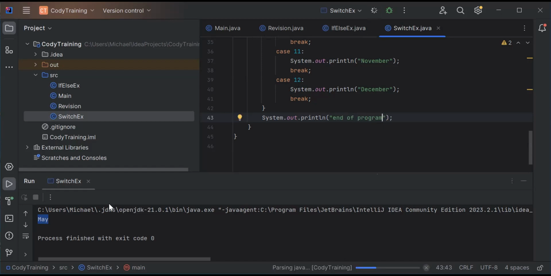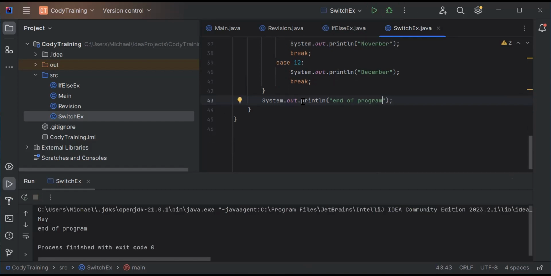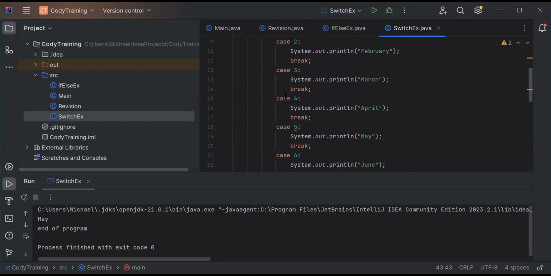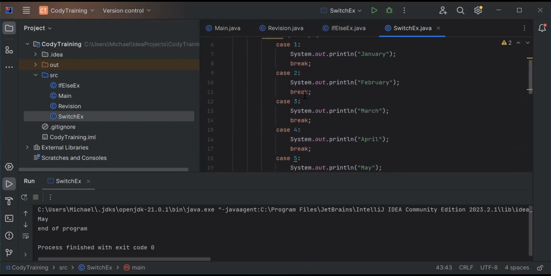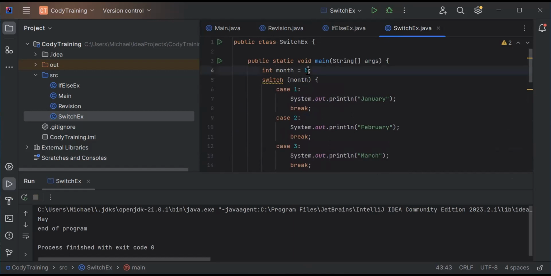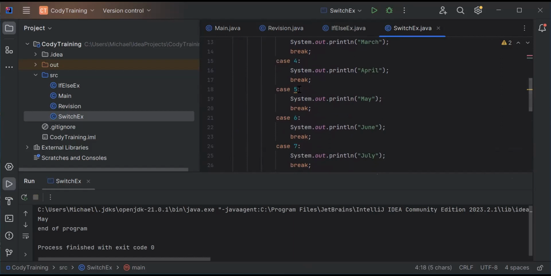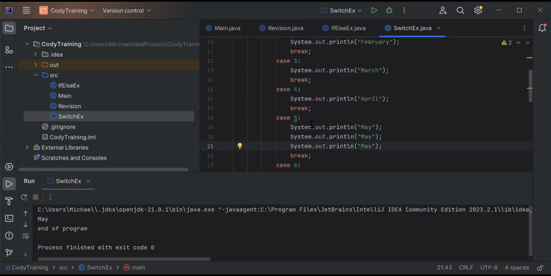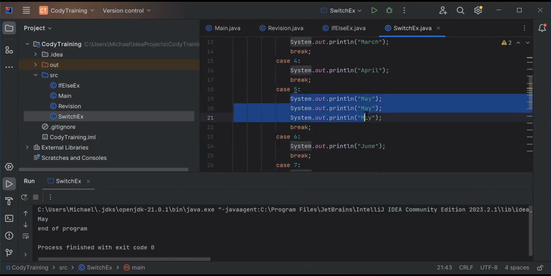I run again: May, end of program. It didn't check for 1 or 2 or 3 or 4. The value is 5 for month, so it automatically went to the case where the value is 5 and executed what's inside. Here I can have multiple lines, no problem. Once I end the logic I want to execute for this case, I should not forget to put the